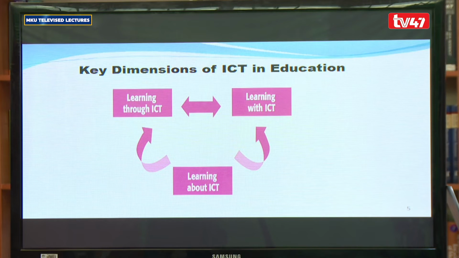We said we are teachers basically. Even if you are not practicing today, you must be supporting something towards the classroom. So when you are learning with ICT, it means in your classroom you are using ICT to teach your students. Like now, I'm using a PowerPoint, I'm using a projected scenario to teach that ICT. So learning with ICT means how you are able to support your students learn using ICT supported